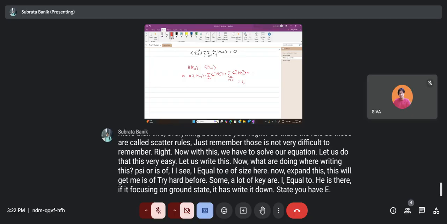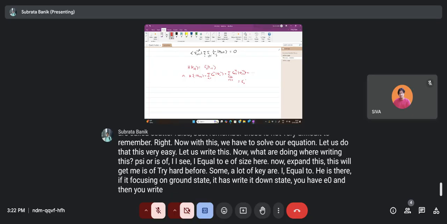If you have E0, and then you write the expansion psi Hartree-Fock plus the sum of c_a^r psi_a^r,